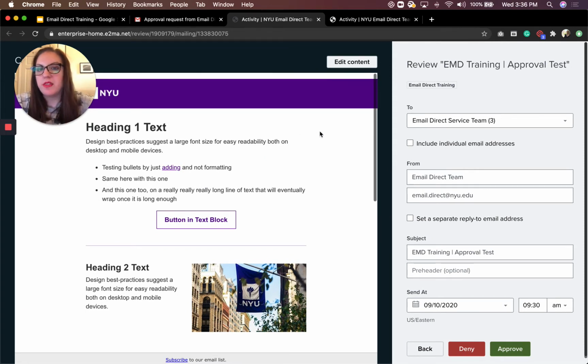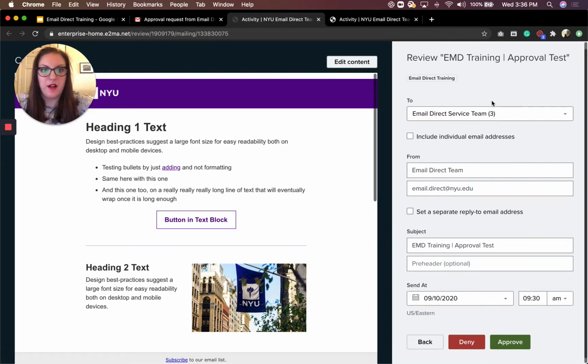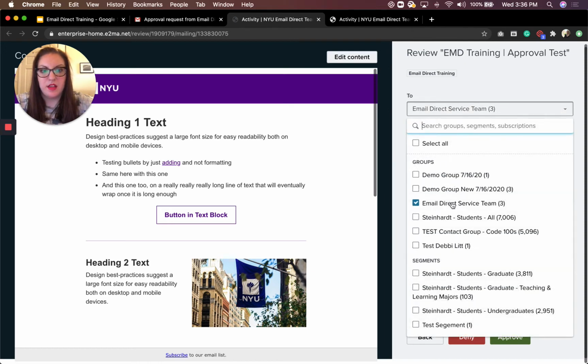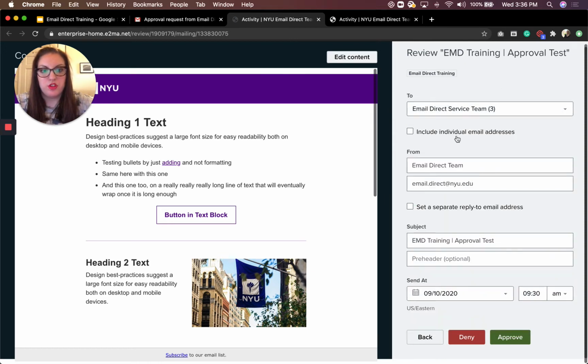And assuming that you don't need to make any changes, what you can do is on the right panel, if you scroll down, there's a button that says Approve. So from here, I can either approve the message or I can deny it, which is this red button. So I'm assuming that everything is good to go. I can see that it has a group that it's supposed to go to. I can see the from information. I can make changes if I want to, but in this particular scenario, I'm just going to go ahead and